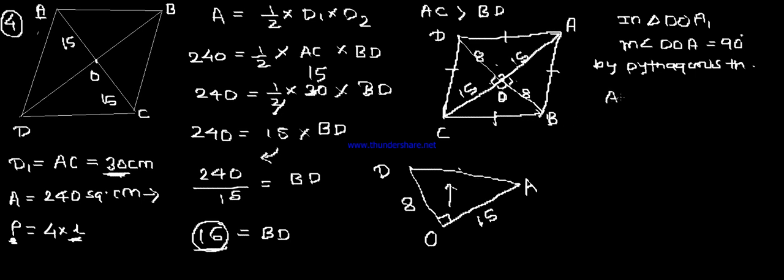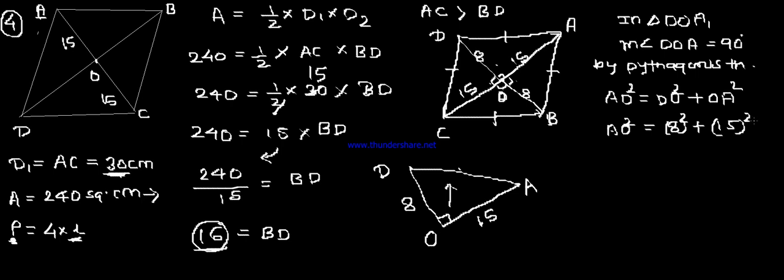So I will write here AD square equals remaining two sides, that is DO square plus OA square. Okay, and let's see what answer you are getting. 8 square, and here there is a 15 square, then 8 square is nothing but 64, 15 square is 225, and after addition,